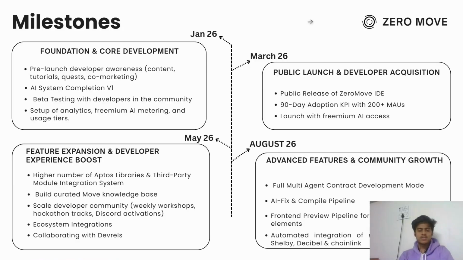Let's talk about the milestones of our project. The first phase focuses on the foundation and core development and setting things up for the launch. The second is in March for the public launch and the developer acquisition targets. The third is May of 2026. It includes feature expansion and developer experience boost. And the fourth one is in August, where we implement advanced features and fuel community growth